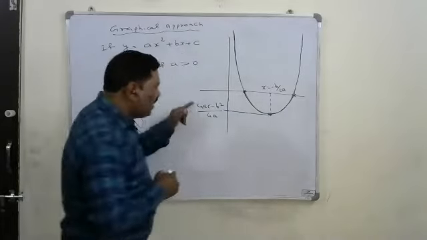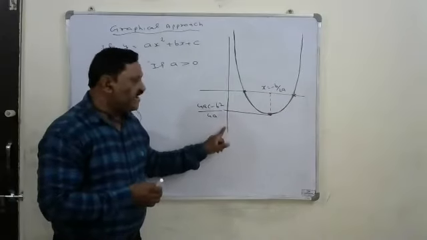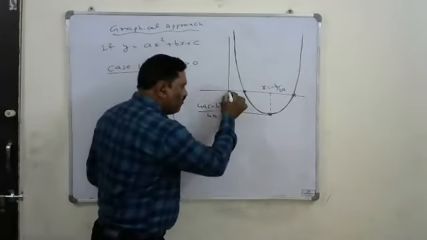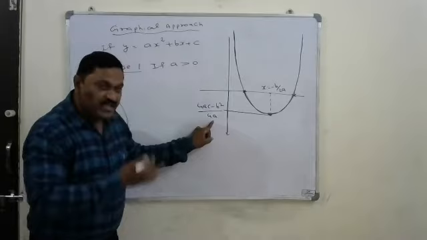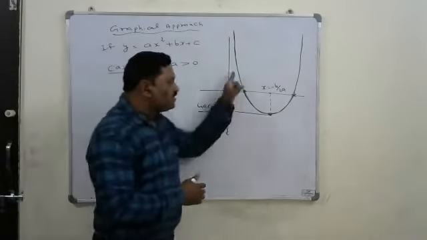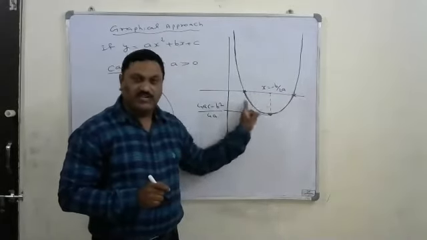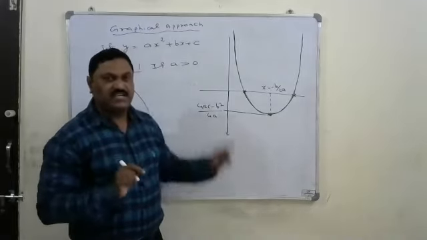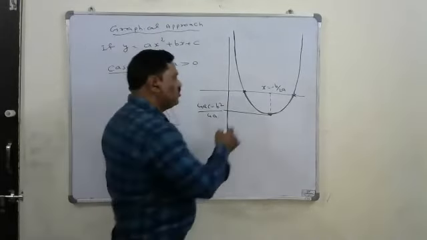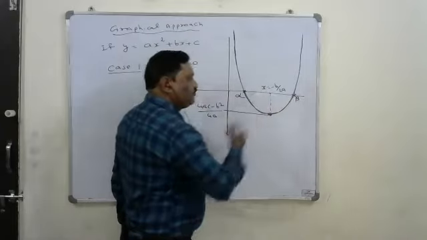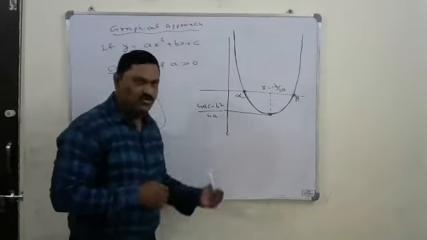Suppose (4ac minus b square) by 4a is below the x-axis. This value is negative because this is below the x-axis, means the y value is negative. This is the negative y side. Yes. If (4ac minus b square) by 4a is below the axis, then compulsorily that graph has to meet the x-axis at two different points. In such cases, that equation will have two different real roots, say alpha and beta. So that is when the minimum value is negative.